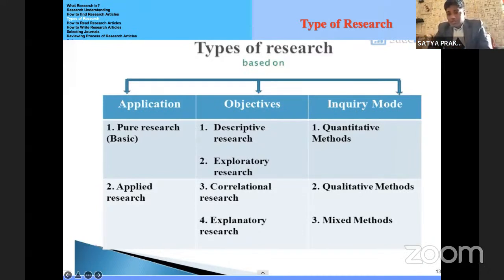Basically, in summary, we can say that there are two types of journals in our thought. The first is pure research and the second is applied research. What is pure research? We can say that it is a theoretical concept. It is basically an introduction mode. It is basically enhancing your previous theory in an upgraded form. This is pure research.